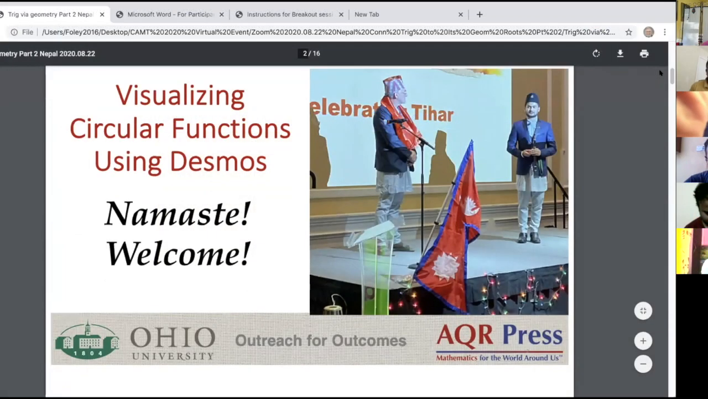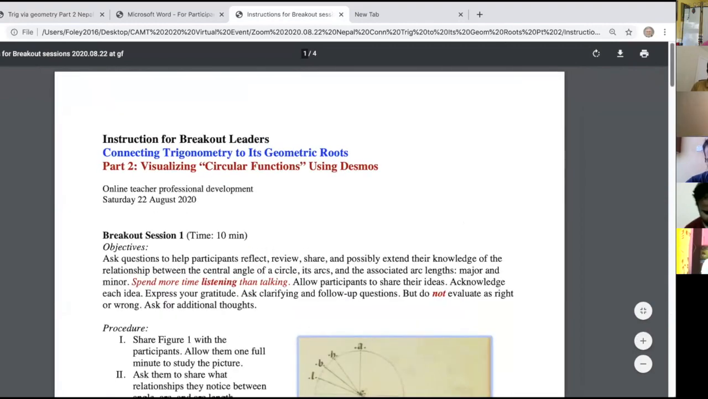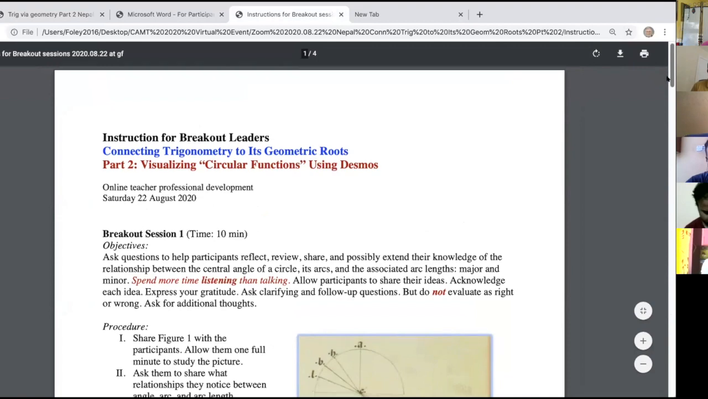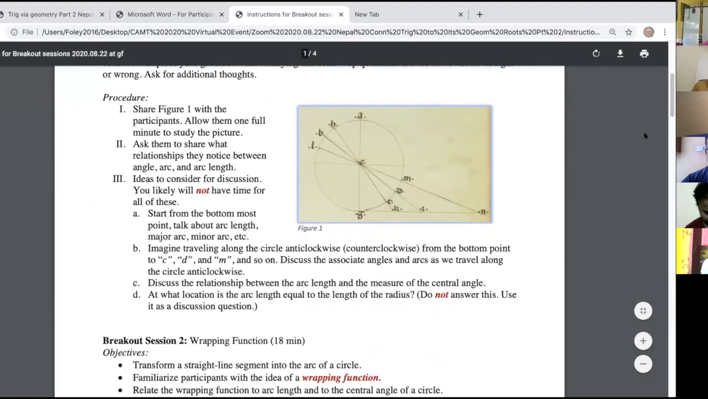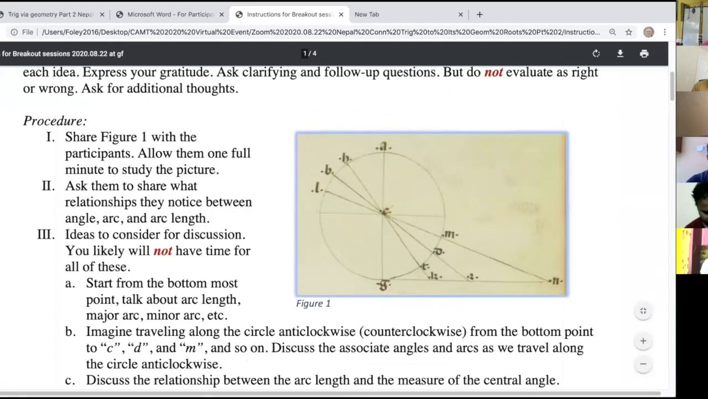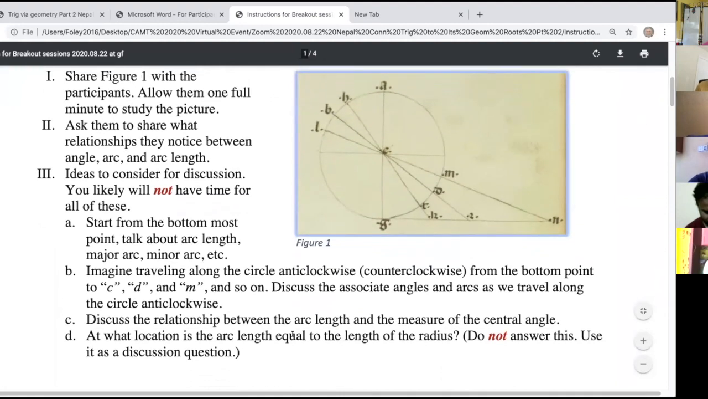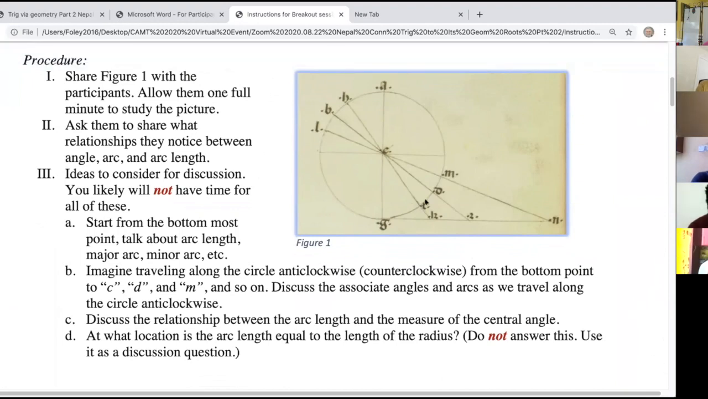Welcome back, everyone. In the breakout session, you should have been studying this figure, and hopefully you had a chance to discuss some of these questions. So I'm wondering if someone can report. Let's see, some ideas to consider for discussion. Starting from this bottom point, talk about arc length, major arc, minor arc,